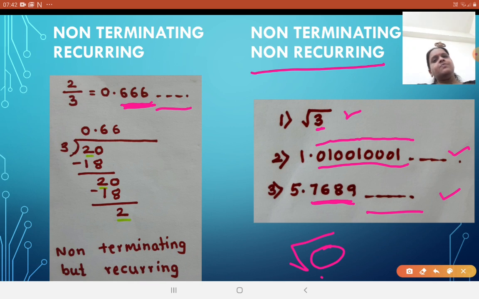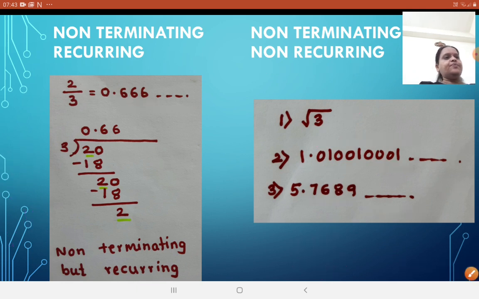But if the number is a perfect square, in that case what can we say? For example, square root of 16. The value of the square root of 16 we know is 4. Now the number 4 is a whole number, so it will come in terminating decimal form. Is it clear to all of you? So for non-terminating, non-recurring, the number should not be a perfect square. Hope all three concepts are clear: terminating decimal expansion, non-terminating but recurring, and the third, non-terminating, non-recurring. Clear? Now let us continue.